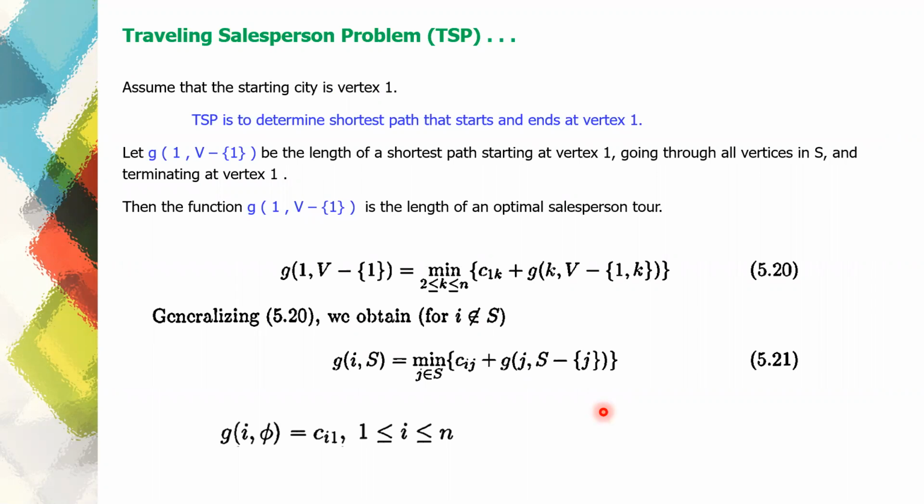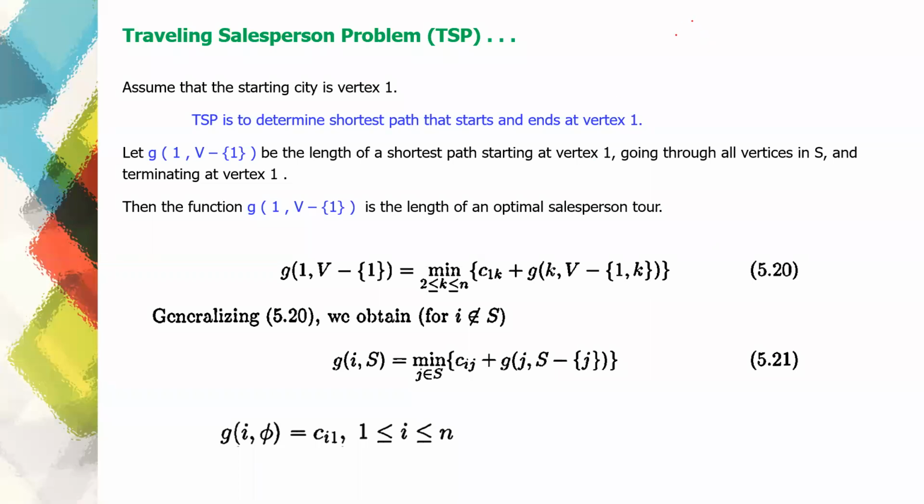So we'll check up some formulae because we are talking about dynamic programming approach for solving the problem. So we'll find out this formulae and how it works. For simplicity, it is being assumed that the starting city is vertex number 1, but it is not so. Maybe, for example,